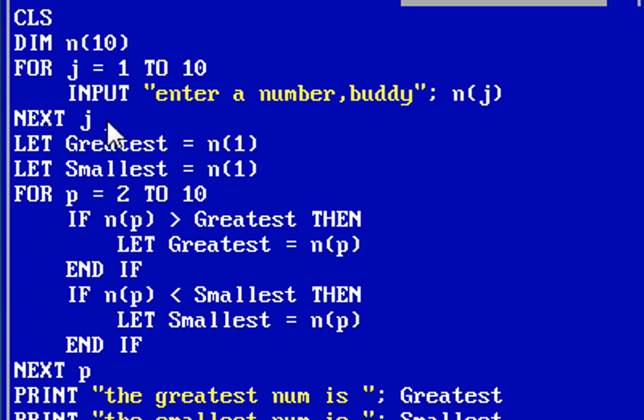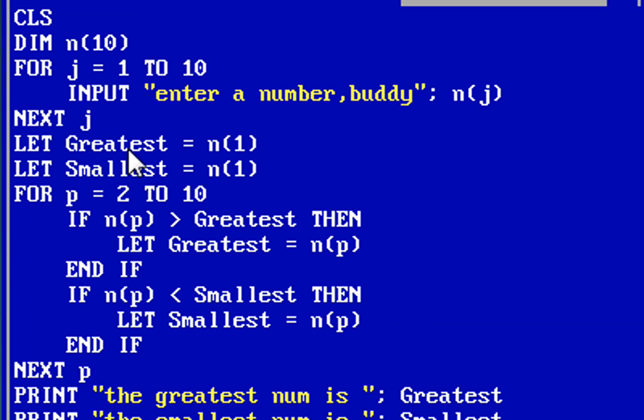Cool. Now what I have done using these two let statements is assign the very first value as the greatest one, and similarly I have also assumed the very first number to be the smallest one. For example, suppose the first number was 7.